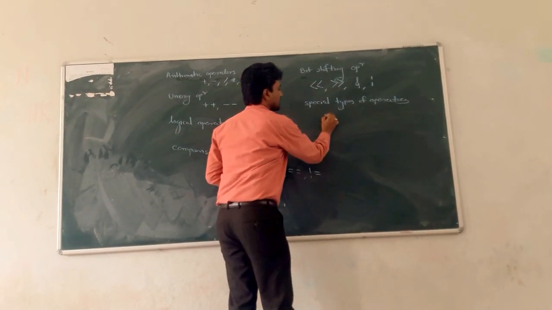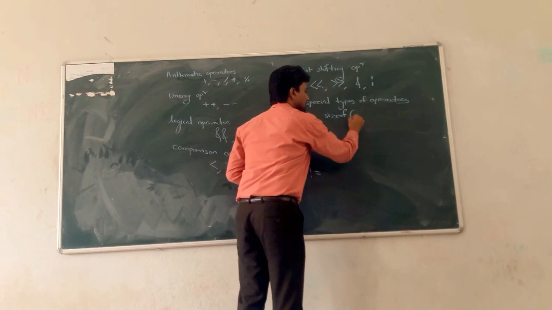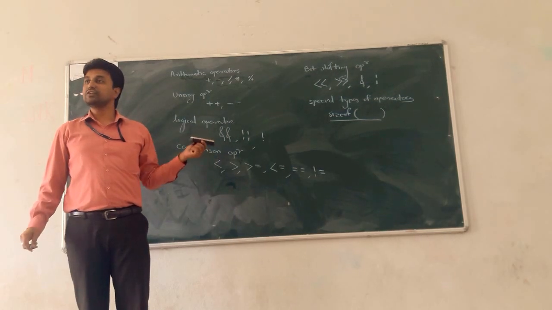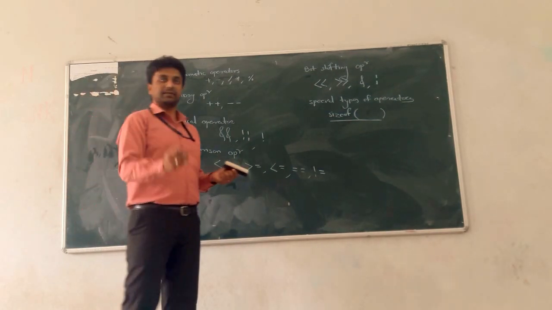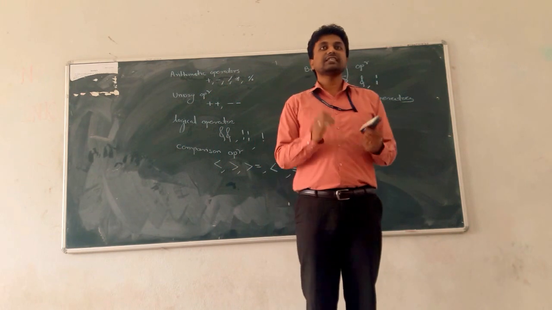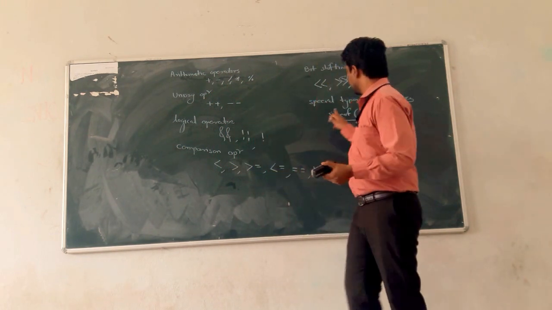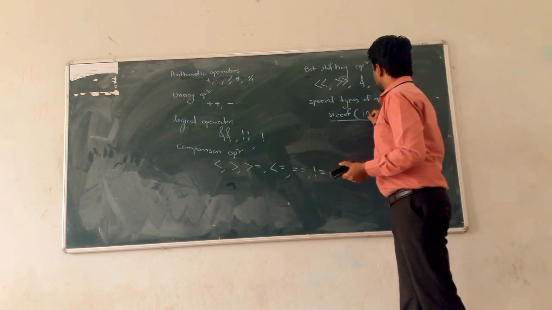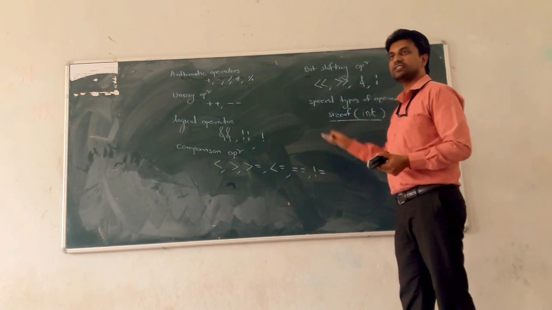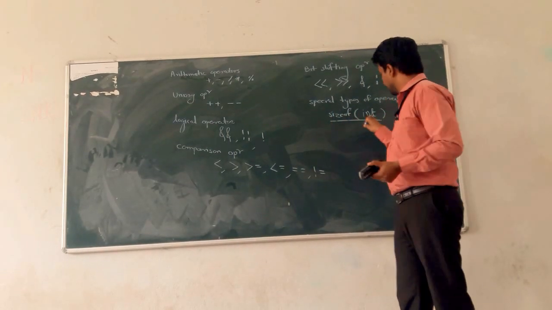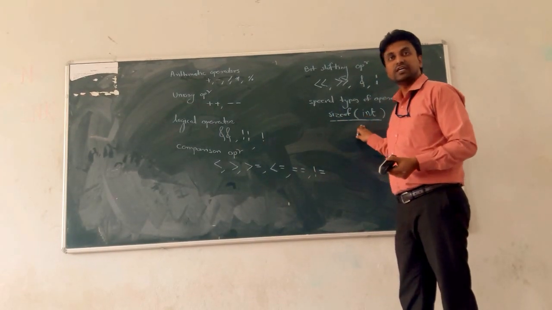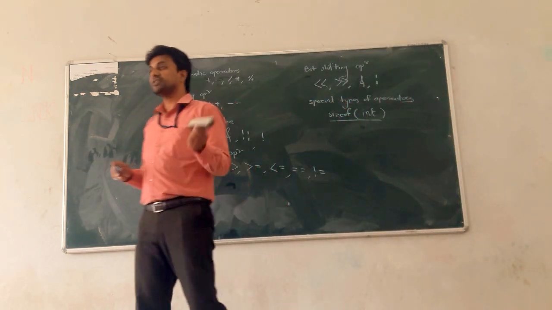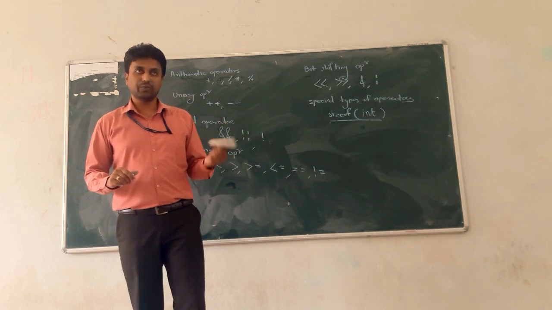There are again some special types of operators, that is the sizeof operator. It is a function as well as an operator. Sizeof operator. What does it give? It gives the size of a particular data type. If you want to know the size of integer, just pass sizeof and the name of the data type, that is int. It returns the size, meaning how many bytes are reserved for the integer data type. Clear? So this is also a special type of operator. It is a function as well as an operator.